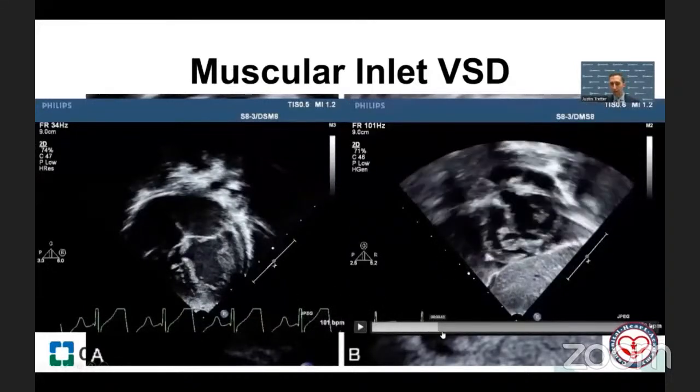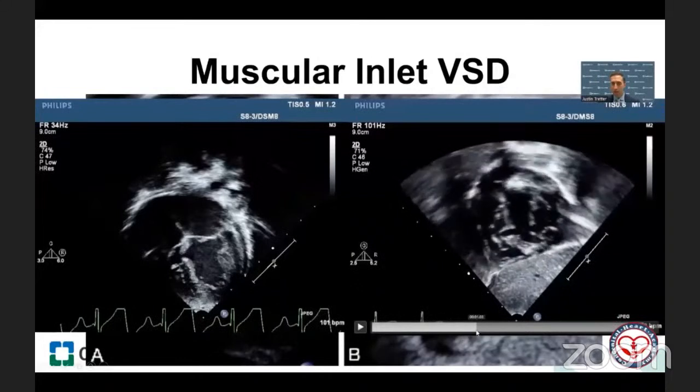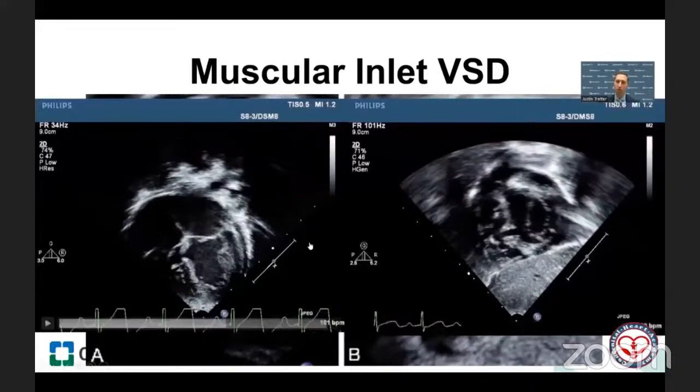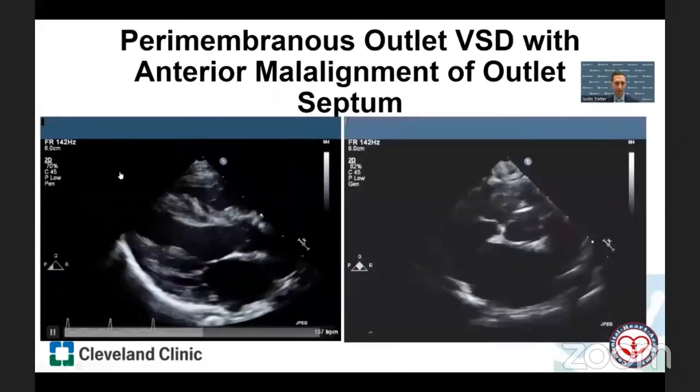We look at the subcostal view and we get that tricuspid valve en face, anterosuperior, septal leaflet. There's the membranous septum with muscle inferior. The defect is much more inferior to that. So it's a muscular inlet defect. And now the conduction system runs anterior and relatively remote to the margins of the defect. So very important to distinguish from a perimembranous inlet defect.